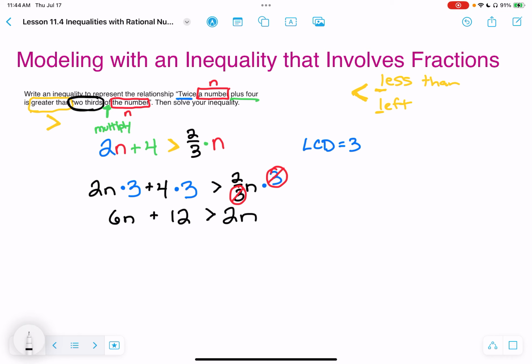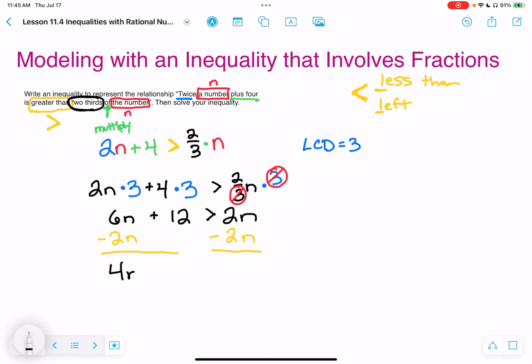Okay, so let's solve this. There's a couple of different ways that we can solve this problem. And I'm not going to lie, I think the easiest way is to subtract 2n. It looks a little weird when you subtract 2n on both sides, because you end up with